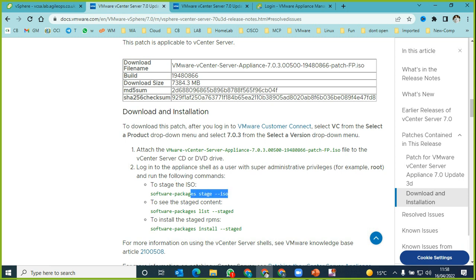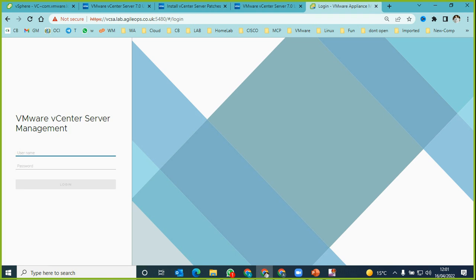If you're doing command line, these are the commands you will be running. Software package list, and then you'll see hyphen stage, so it will show you stage. Then to install the staged RPMs, you will give software package install and then hyphen stage, so it will pick up the staged ones and install them. Here it will pick up the staged ones and list that it is done. Okay, so that's how you do it from command line, obviously. So basically we will be logging in here,